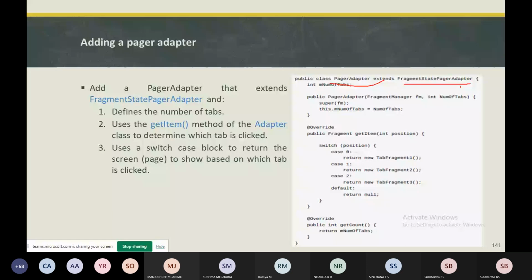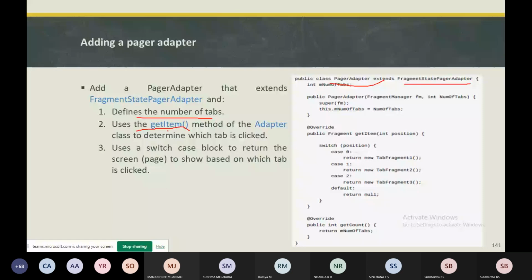And also you need to have the following things: define the number of tabs. You need to define how many tabs are required within your application, and also use the getItem method. In the adapter class you will have a getItem method, and by using this method we can determine which particular tab has been clicked or tapped.